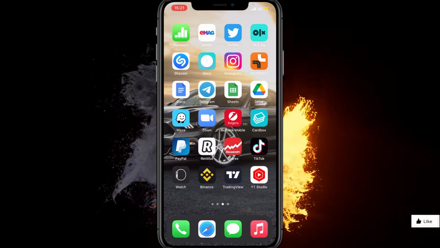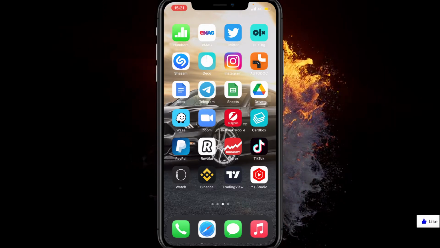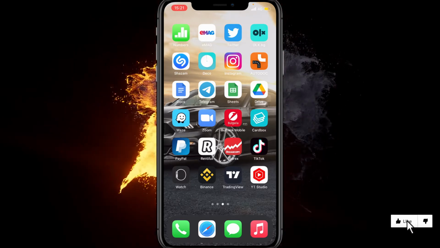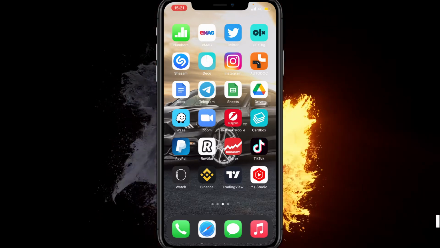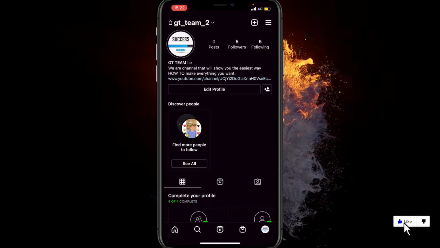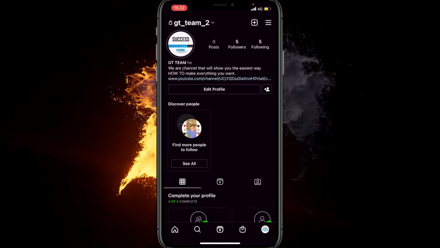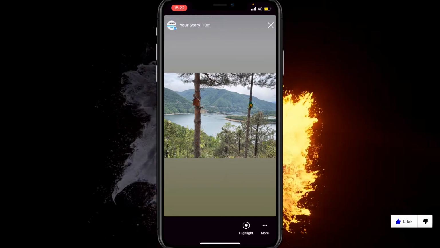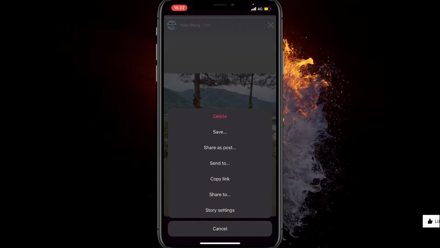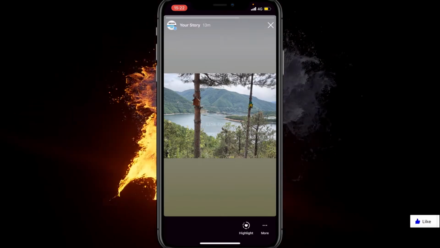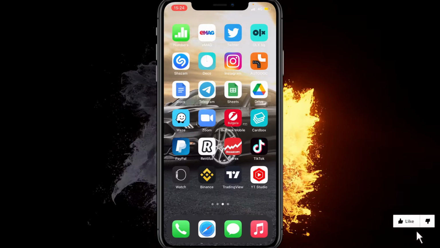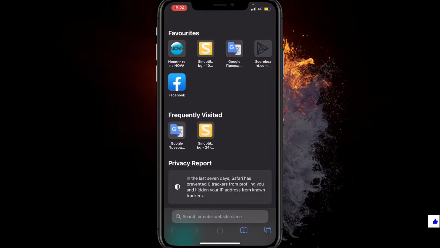Okay, let's get started. If you want to download Instagram story, the first step you have to do is jumping into Instagram app. After that, click on the story you want to download. After that, click three dots at the bottom right and next click copy link. Now you need to go on Safari and type